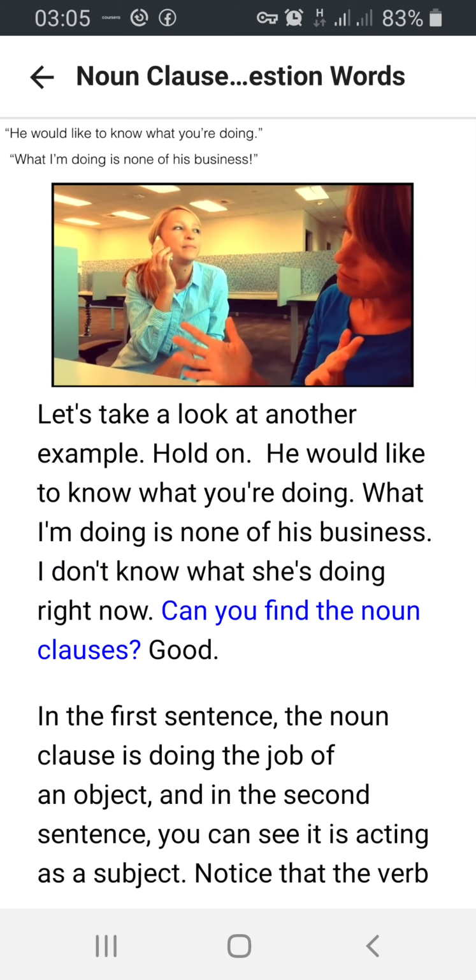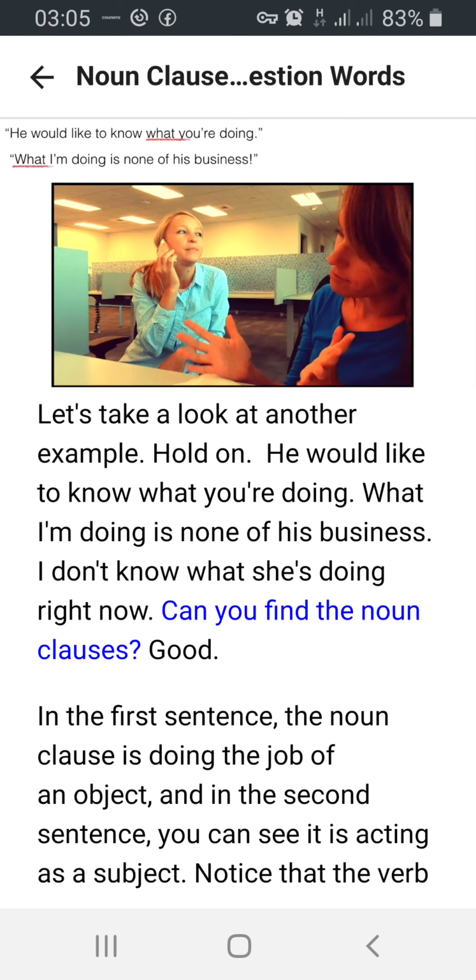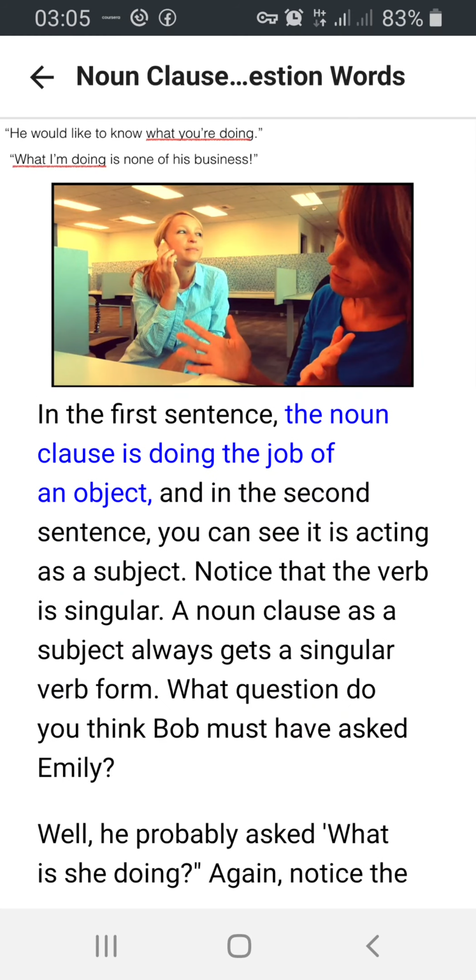Can you find the noun clauses? Good. In the first sentence, the noun clause is doing the job of an object. And in the second sentence, you can see it is acting as a subject. Notice that the verb is singular. A noun clause as